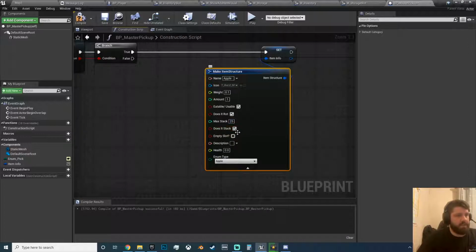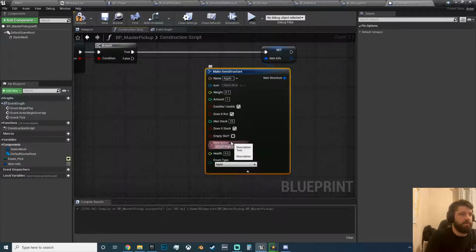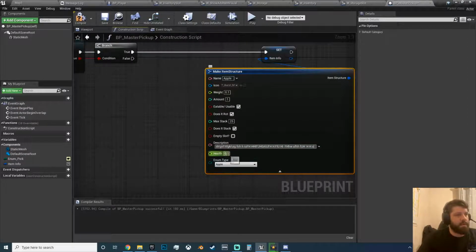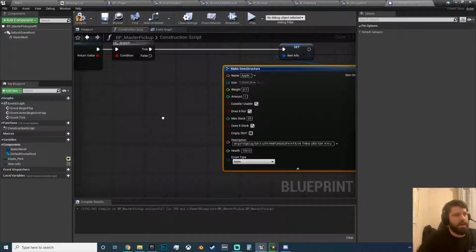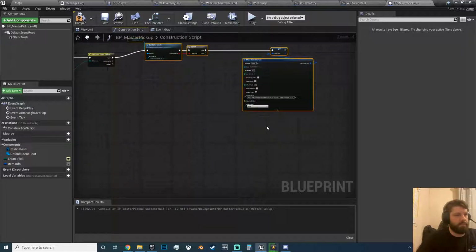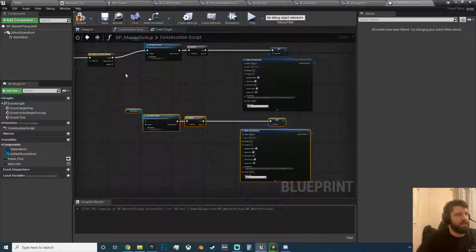Does it stack? Yes. Empty slot? No. Description, blah de blah. And health to 100%. Enum type apple. Okay, so now we can just copy, paste, and this is how you would do all your